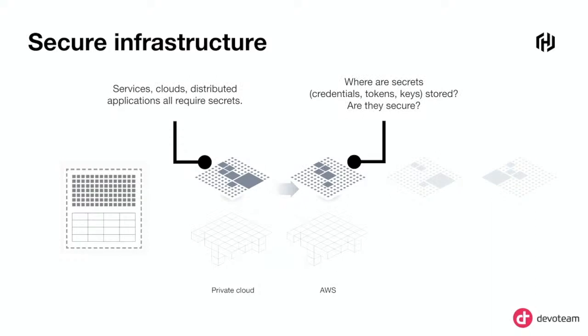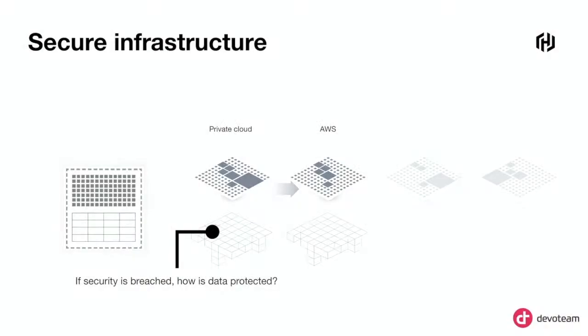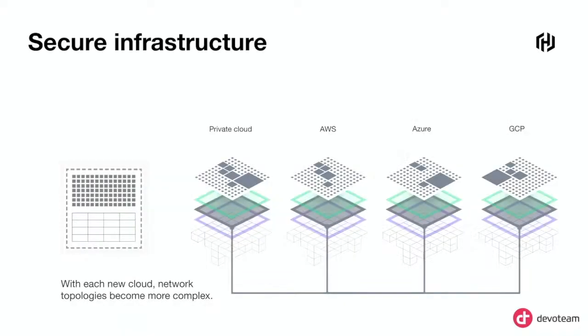Good. So beside that, you also have questions like, hey, what happens with my secrets? How do I store them? I have a bunch of secrets. I have a bunch of API tokens. I have a bunch of certificates. How do I store them in my private cloud? How do I store them in public cloud? And lastly, if my security is breached, how is data protected? Yeah, these are the typical questions every organization is asking. And then you can imagine the questions when you go for multi-cloud and hybrid cloud at the same time. The same questions are multiplied, and there are so many questions to answer.